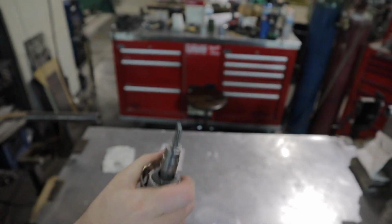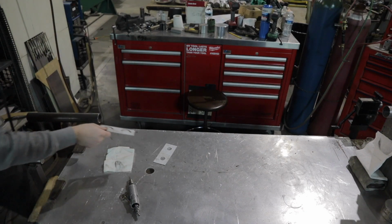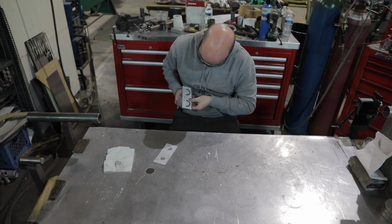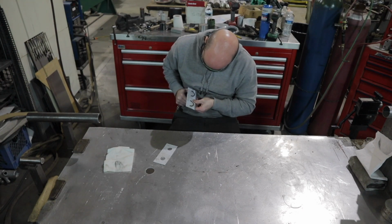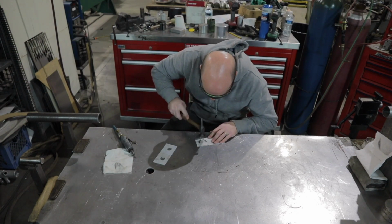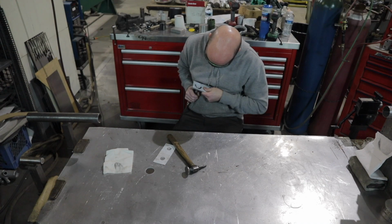Now it's time to clean up the horseshoe sections of the top ear cap, and I'm just going to use this die grinder here to get out the little nibble marks first, and then I'll probably do some filing as well. I'm just trying to smooth this out before I relieve the rest of the part out of the aluminum. And I'm doing this cleanup part now before I cut the rest of it out, just because it's far